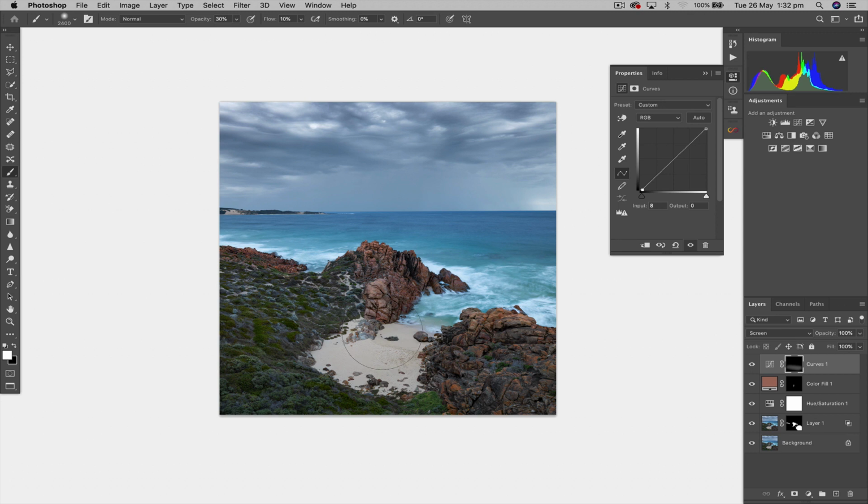Again, I've got a low opacity and a low flow, and I'm just rubbing over that area and just leaving the foreground a little bit darker, but that beach is the important part. We want our light to be coming from the middle of the image, and I'm just going to drop my opacity back a bit here, so my size of the brush, just add a bit more light through there. Let's have a look before, after. So that looks way better,